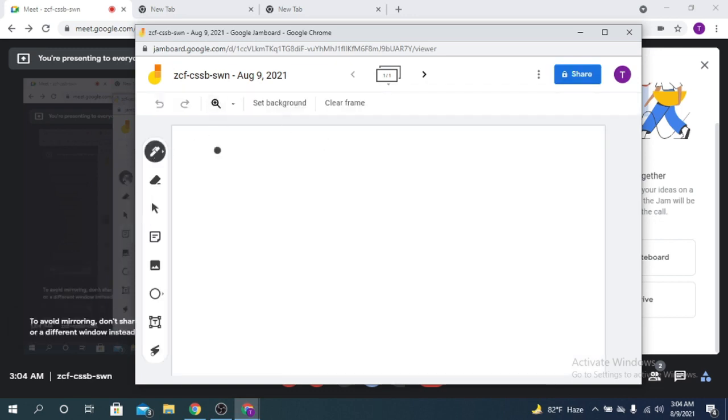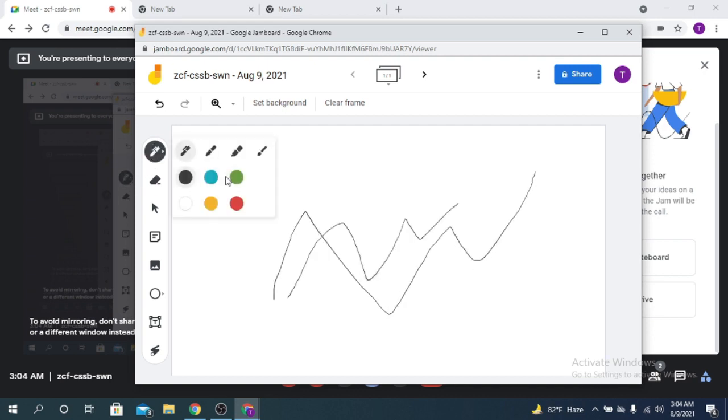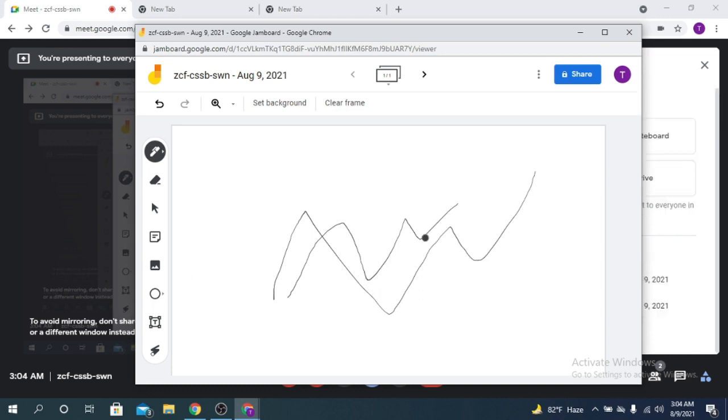You can write anything here and share with your audience. Okay, and here are some pen options. I will show you how to work with Jamboard in another video. For today I'm not going to show you how to use this one. I'm just going to show you that you can use Jamboard in your Google meeting, and you can present this to everyone.